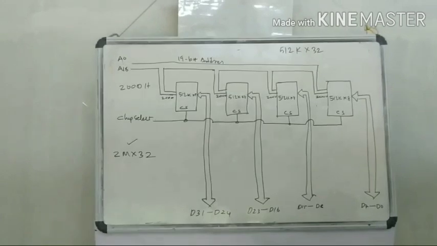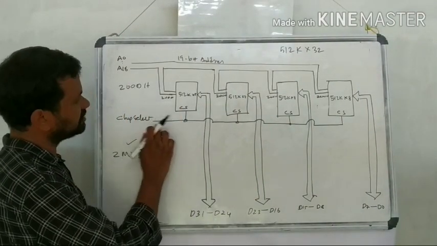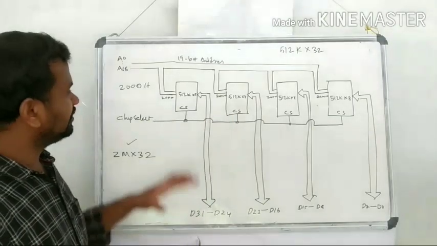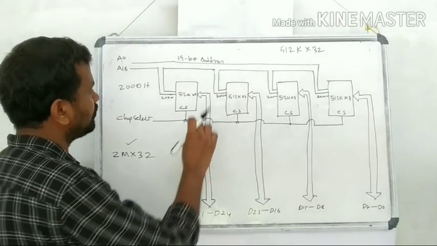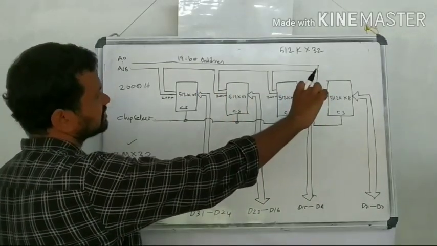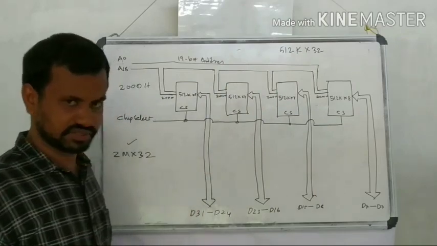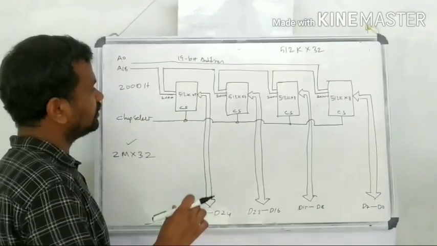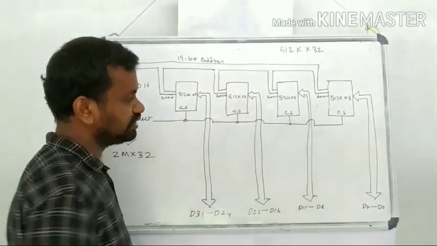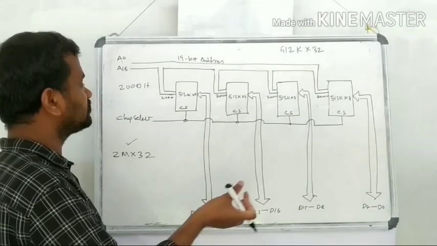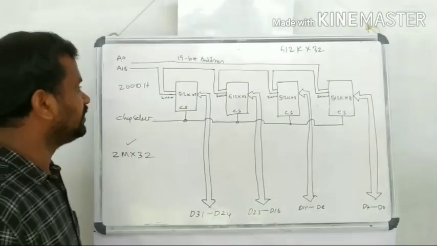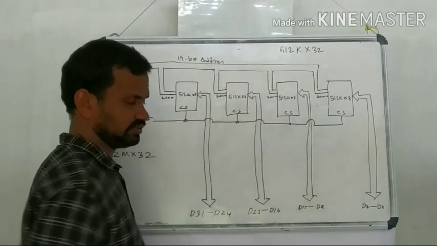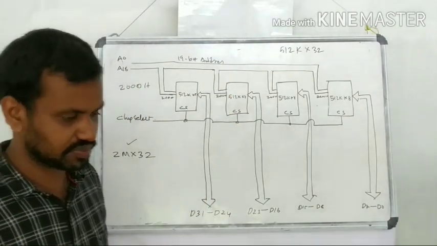Okay, now here also the chip select line is connected to all the memory chips. Whenever this chip select line is disabled, all the memory chips will act as if they are disconnected from the data bus. Only if the chip select line is selected will the content of the memory chips be available through the data bus. Otherwise, if the chip select is disabled, the data bus will be disconnected from the memory chip, or it will enter an idle state.